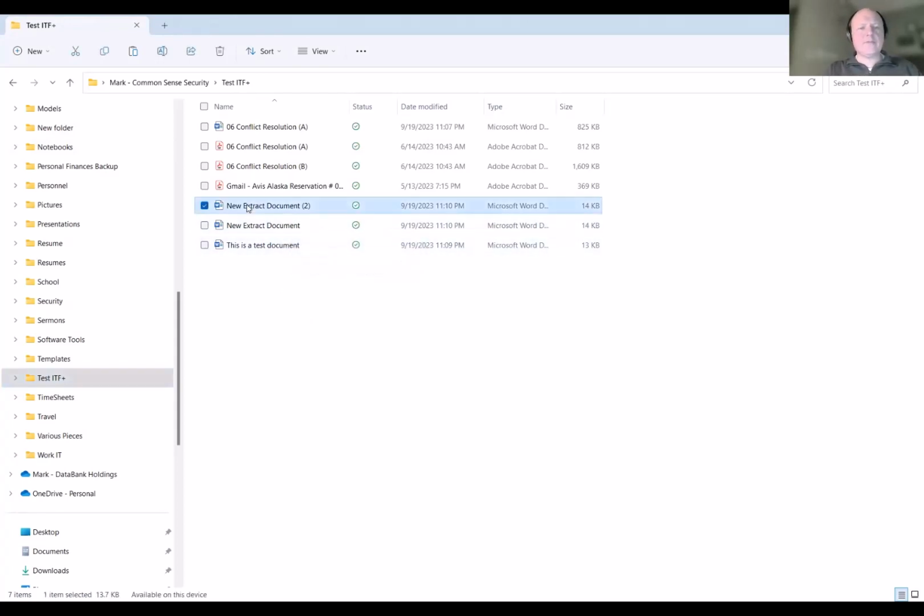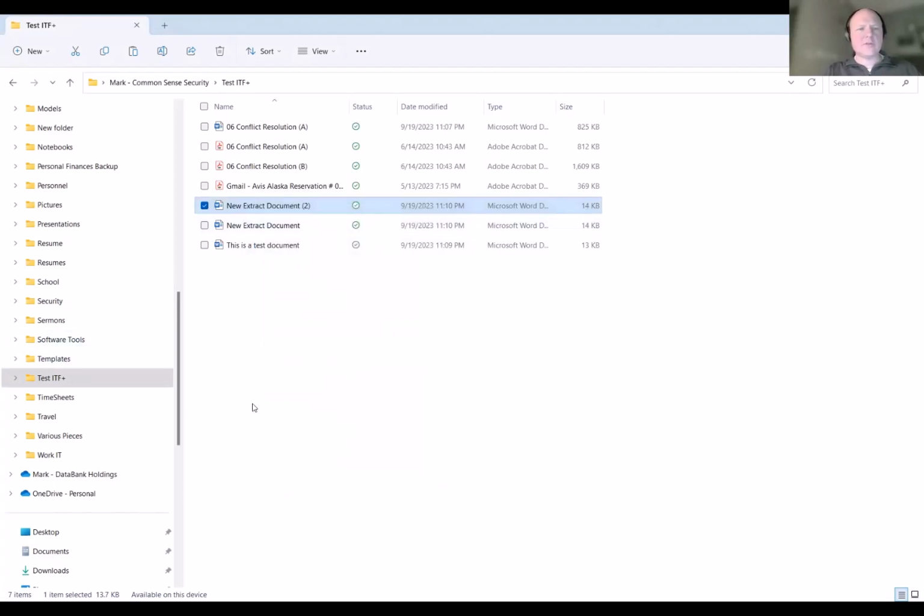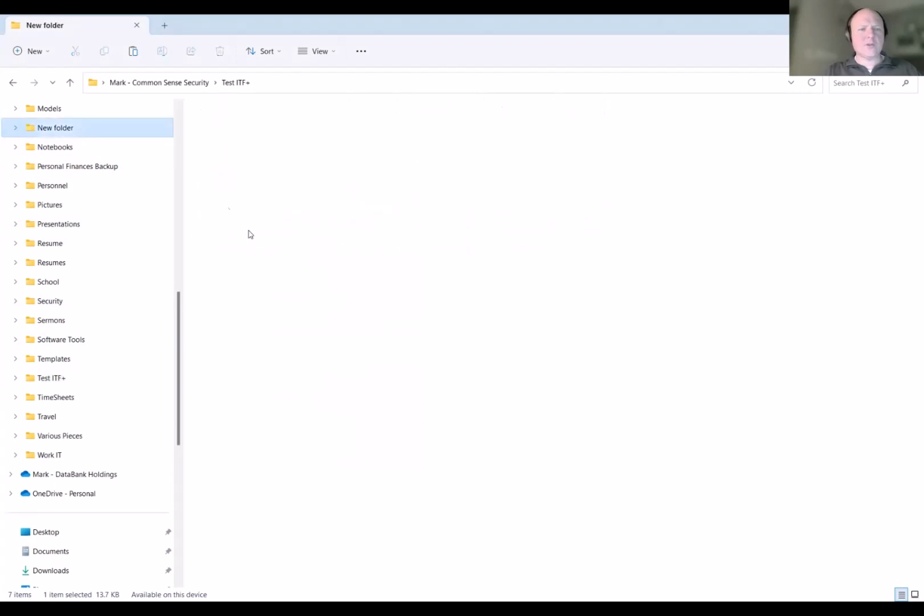So I identified for you how you can right click and drag them, copying back and forth. You can also select, if you wanted to, right click, and these icons at the top, you can select the Control C or copy option. And then if you do that, so I'm going to do Control C, and then I'm going to go to the new folder, and I'm going to do Control V on my keyboard,